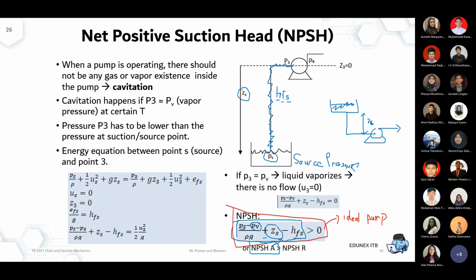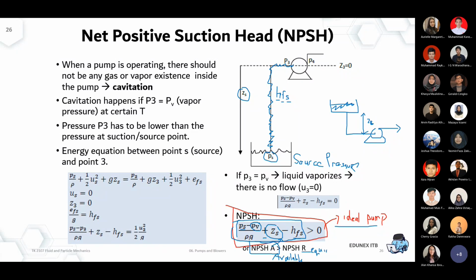Yes. Okay, so again, this is the formula for the NPSH. When you combine everything at the left part of the equation, that becomes the NPSHA. A refers to available. That's the net positive suction head available at your entrance point. It has to be above zero for an ideal pump, but for most of the existing pumps available in the market, it has to be above the NPSH required by the pump. That's why it's called NPSHR, required.